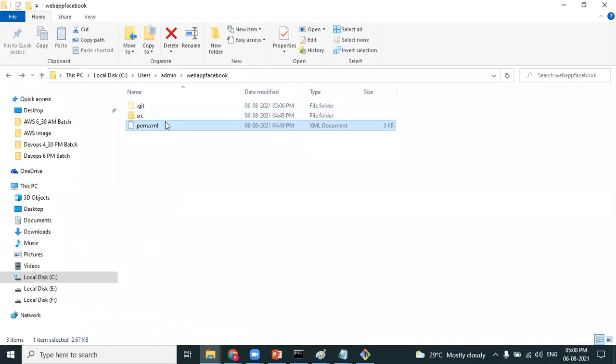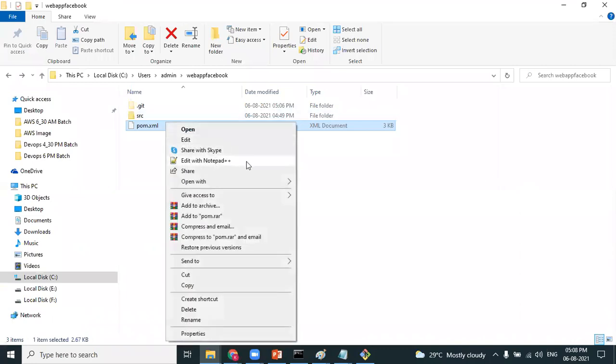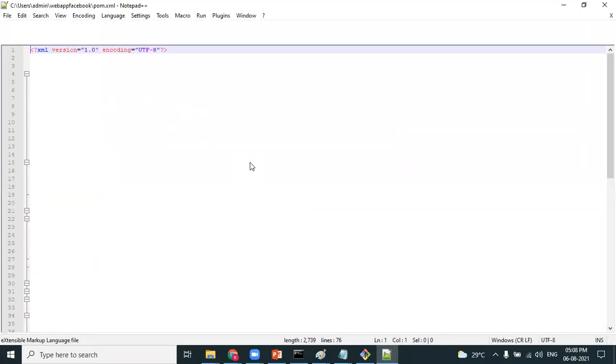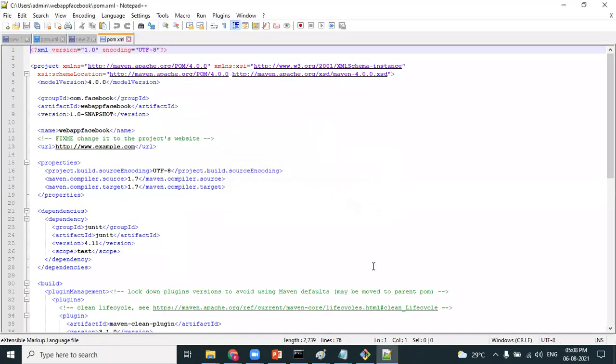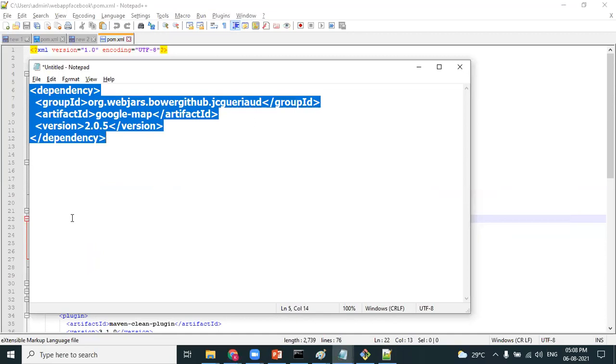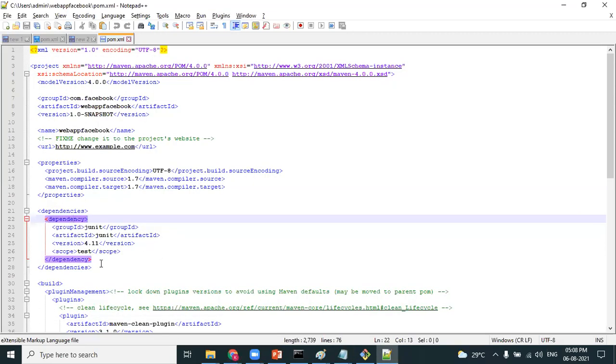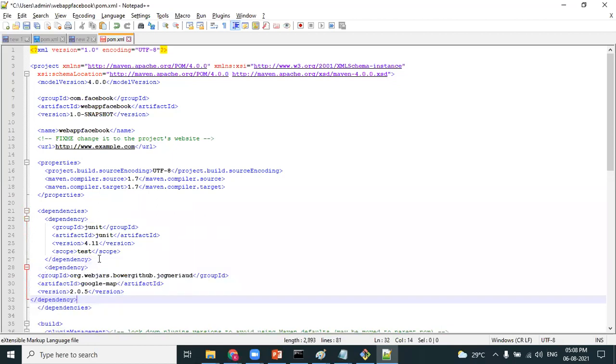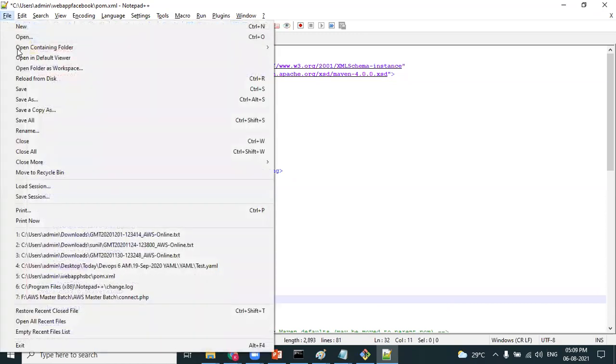If you open the pom.xml file, I'm opening with Notepad++. The pom.xml file will have dependencies tags. Can you see here? There's a plural called dependencies. Inside dependencies, there's a dependency tag. Every dependency tag refers to one particular API. Now developer wants one more API, so he picks up the dependency tag and places the dependency in the pom.xml file related to Google Map, and then he saves it.